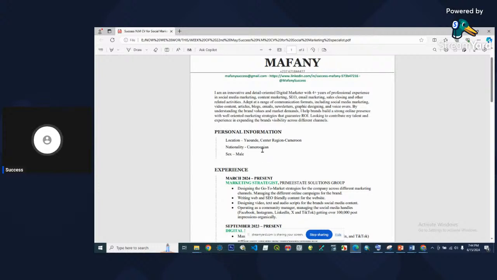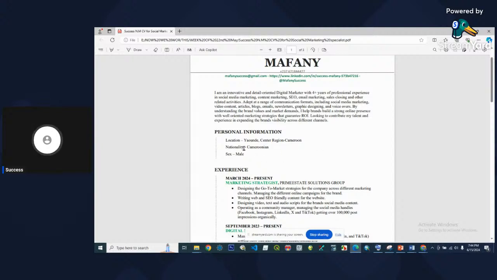Sex, male. Nobody cares what your sex is. In fact, sometimes you might be relevant enough, but they will probably prefer to have a female in that office, and because you mentioned that your sex is male, they will not want you. Or maybe they wanted a male and you've just killed it right from the top by saying you're a female. You understand? Sometimes when you engage them right to the bottom, they'll overlook those details. But when you start telling them from the top that your sex, nobody cares about that.